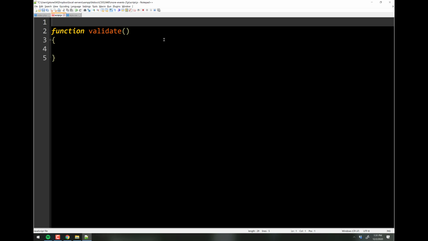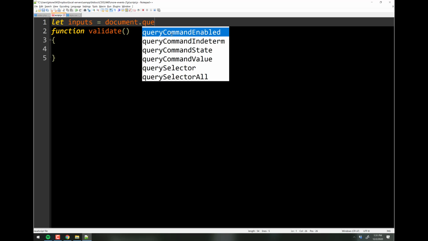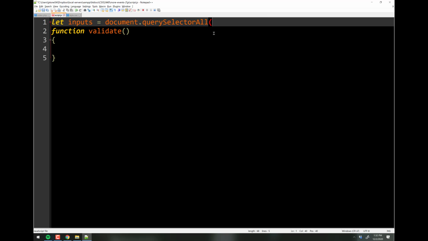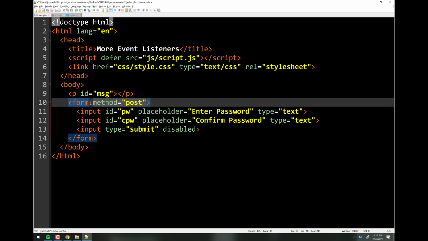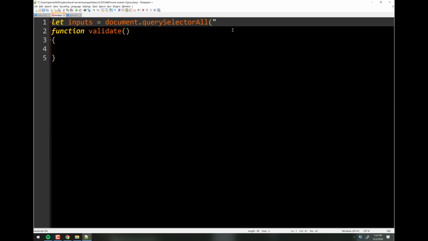So I can actually say let inputs equal document.querySelectorAll. We want to get all of them, right? And then you just use your CSS style selectors. So let's be super specific here. I'm going to give this form an ID of mainForm. And then in here, I can say the form mainForm, then the children of it that are